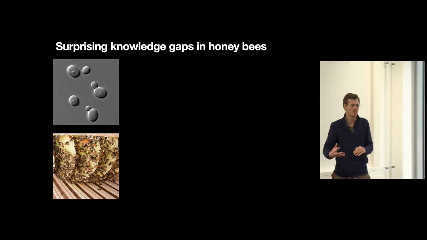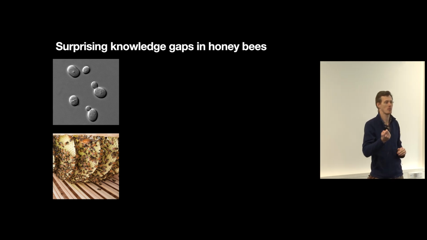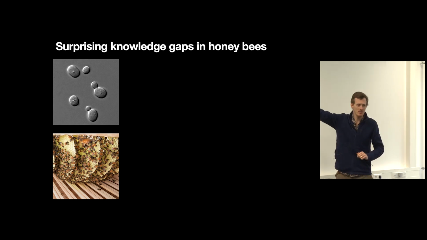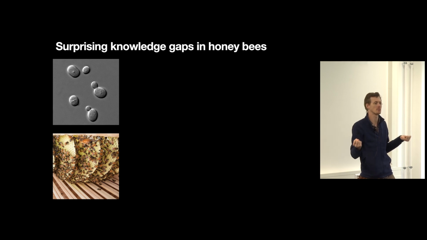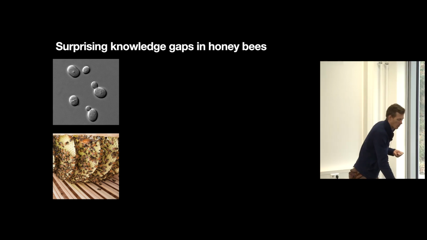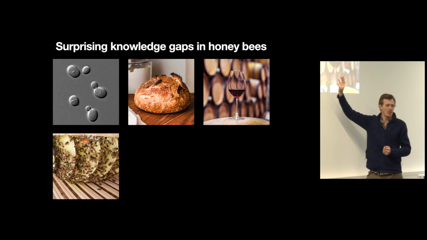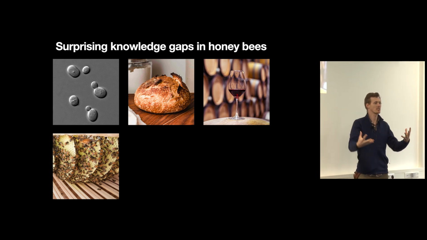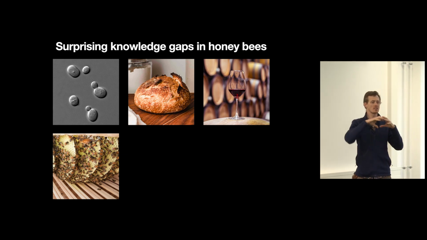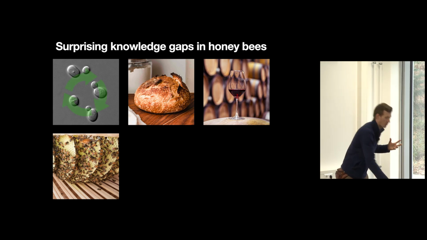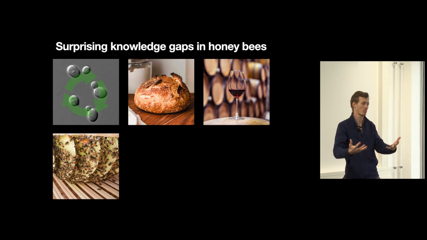And I'm going to use yeast as an example of why we have huge gaps in our understanding of honeybee biology. So if you think of yeast and honeybees, these are two organisms that we have been interacting with for thousands of years, and it's because they have things that we want. In the case of yeast, we use yeast to bake bread and brew beer and wine, and these are products that we want from the yeast. But in order to get those products out of the yeast, we need to understand the entire life cycle of the yeast. So for example, what kills yeast, what helps it thrive, how to actually control these different processes.